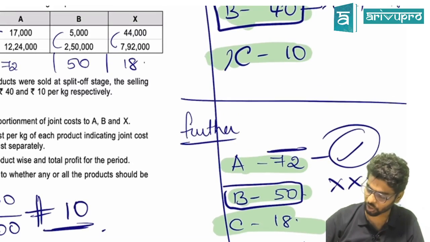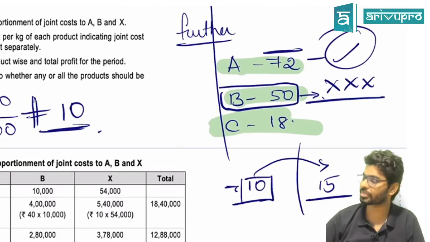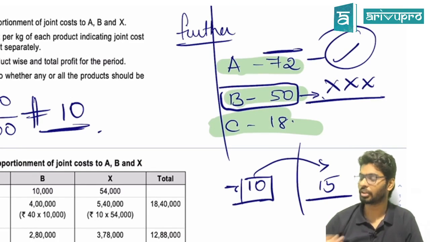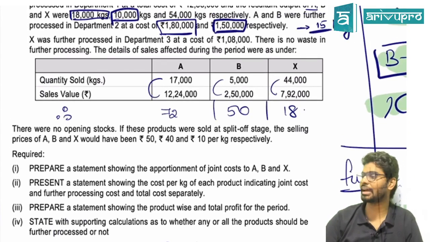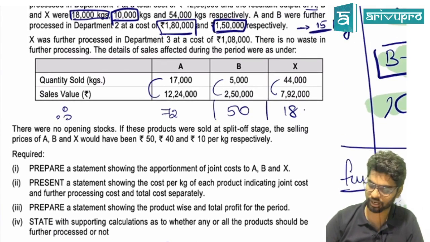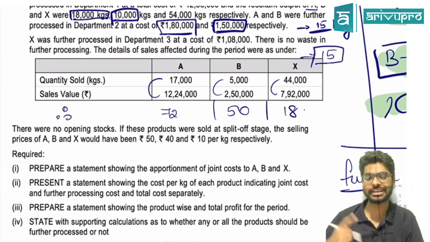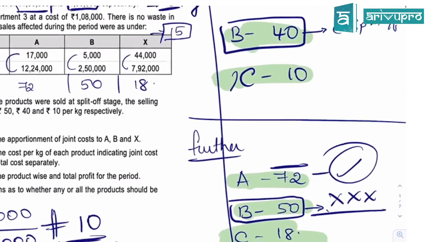Okay, now you are getting 50, that means you are getting 10 rupees excess. To get 10 rupees excess, you have to process by spending 1,50,000. If you process 1,50,000 for 10,000 kgs, you are additionally spending 15 per kg. You are spending 15 and you are getting 10. Will you produce, Sudharani? Last one,